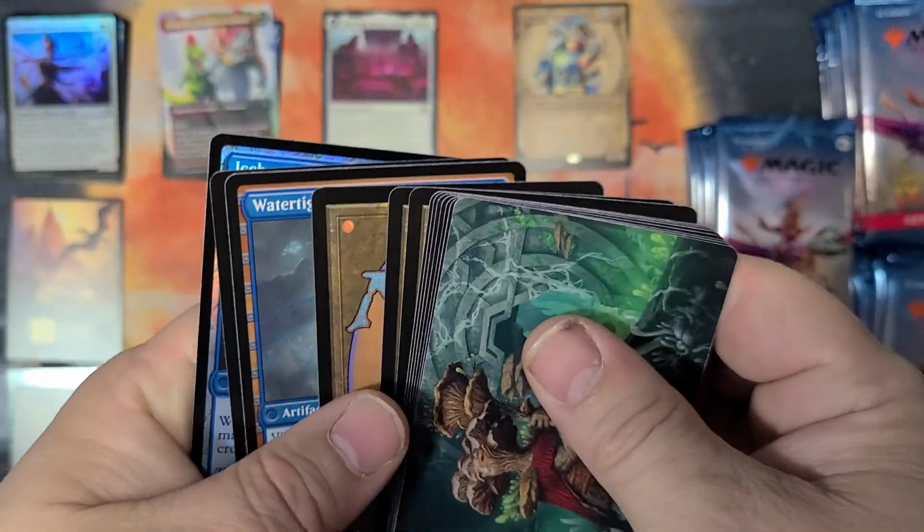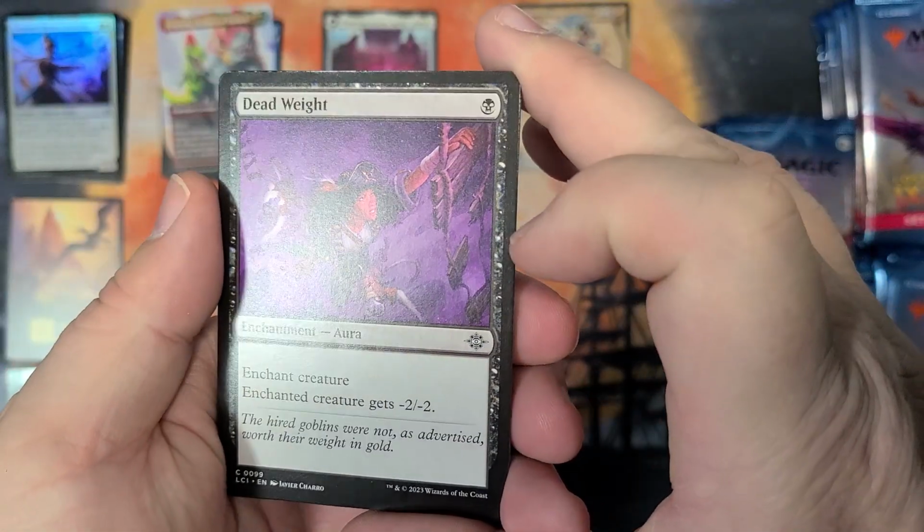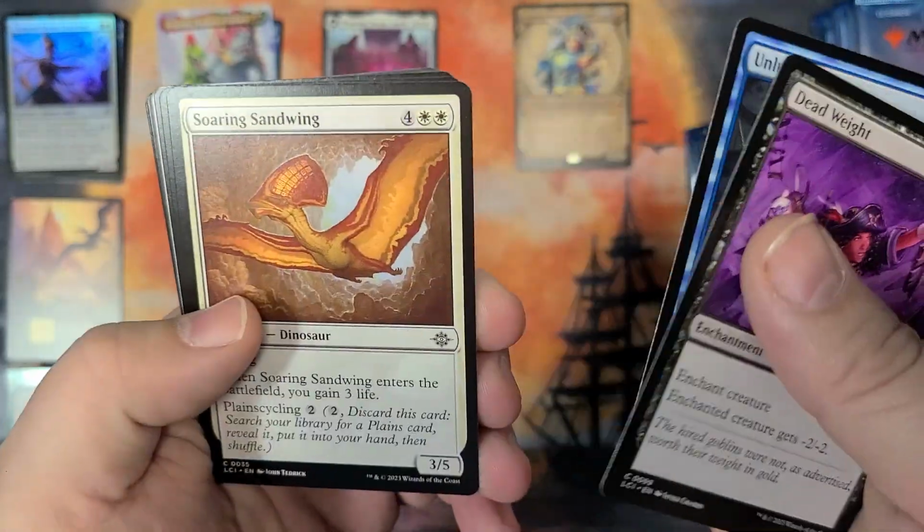I do need to flip this around, lest we forget here. There we go. And there we go. So we have the Dead Weight. Okay, and